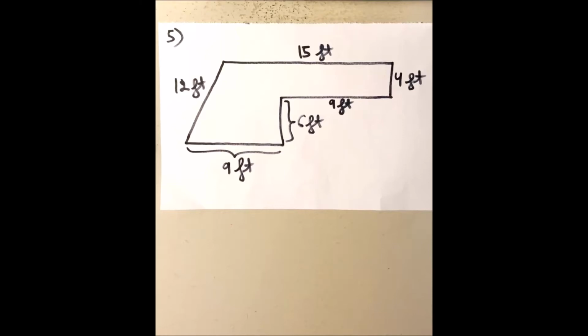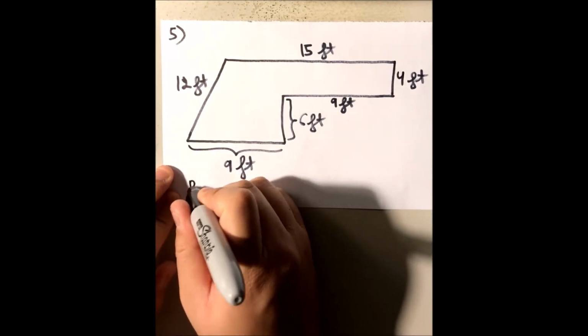Alright, here's another example of finding the area of an irregular shape. In this case, we are given this irregular shape. Now, of course, finding the perimeter of this irregular shape means that we add all the sides together. So we add all this. So we have perimeter